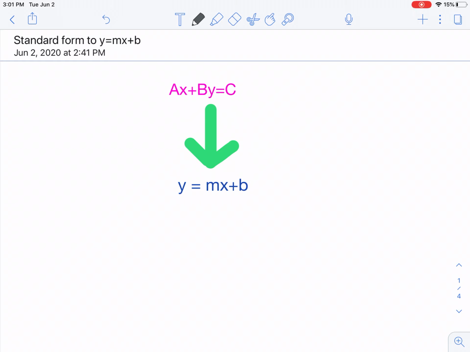When I rearrange an equation from standard form of a linear equation to y equals mx plus b form, my job is to isolate for y, or to solve for y. Standard form is in the form ax plus by equals c. And you'll remember that a, b, and c are just numbers. So a and b are just coefficients, c is just a constant, and we want to rearrange that equation to